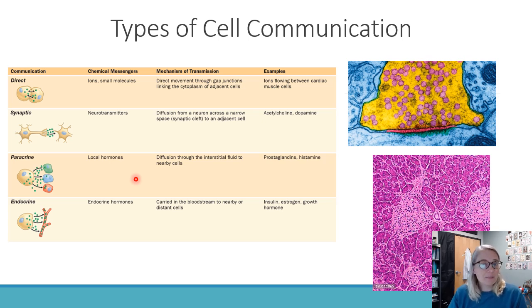They can be even the same molecule. So you can have the same molecule be a neurotransmitter or a paracrine factor. It just depends on where it's being released into. If it's going into a synapse, it's a neurotransmitter. If it's going into the local neighborhood, it's going to be called a paracrine factor or a local hormone. So prostaglandins and histamines are examples of paracrine. It's just your neighbors shouting out, hey, cells, what's going on right next door? We're not talking to anybody far away.